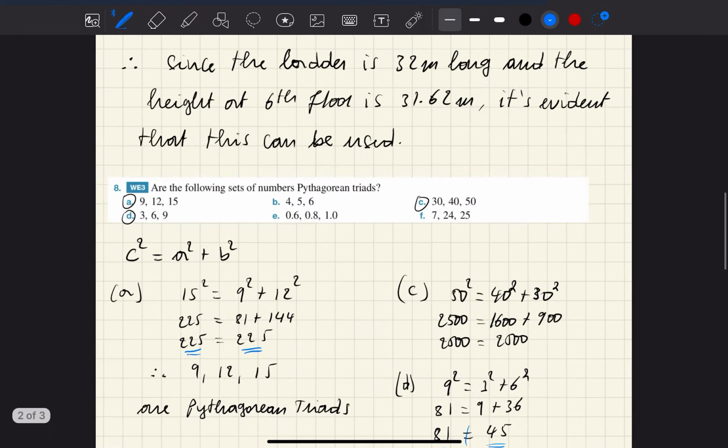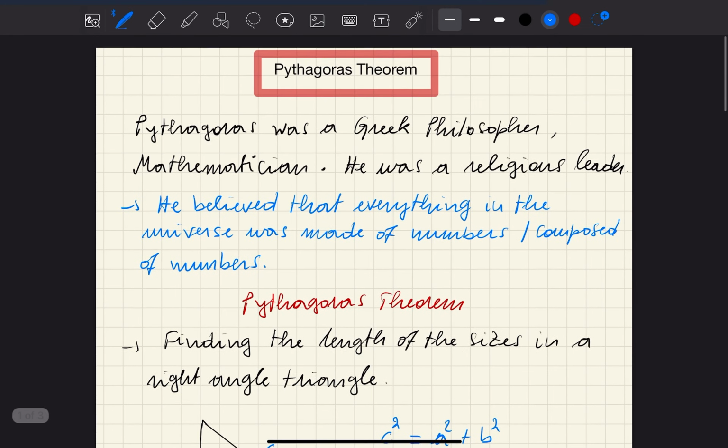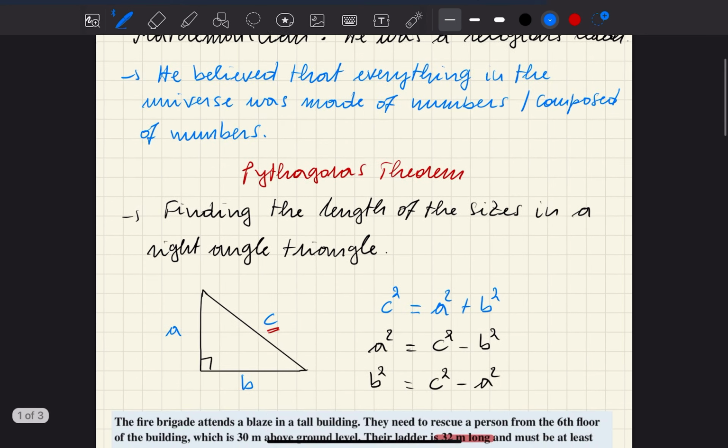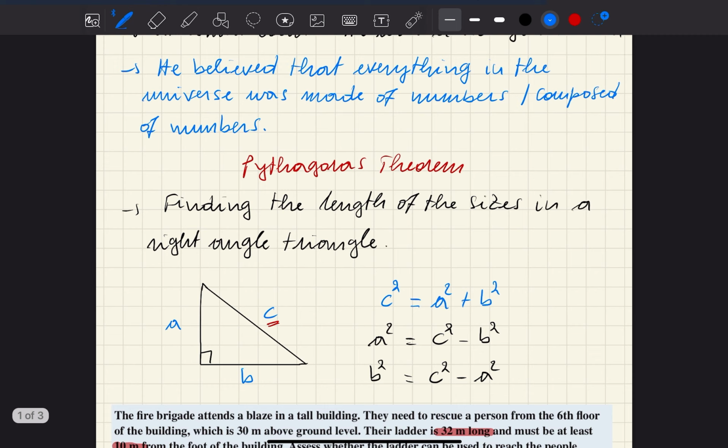I appreciate your support. So remember what we discussed earlier: Pythagoras' theorem. Pythagoras is the name of a person. His full name was Pythagoras of Samos. He was a Greek philosopher and a mathematician, and on top of that, he was a religious leader. He believed that everything in the universe was made of numbers. He has many theorems, by the way, but this Pythagoras' theorem